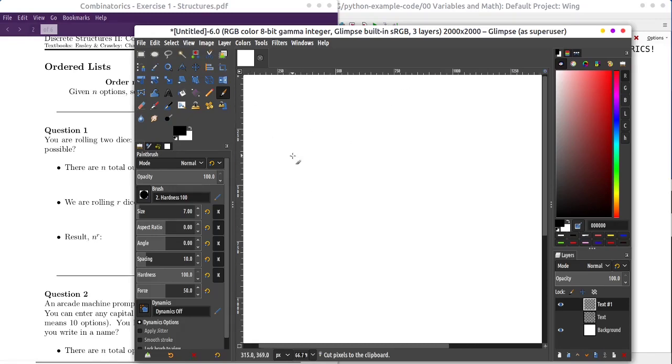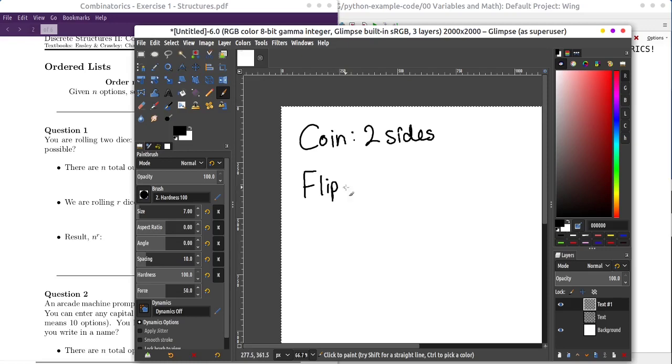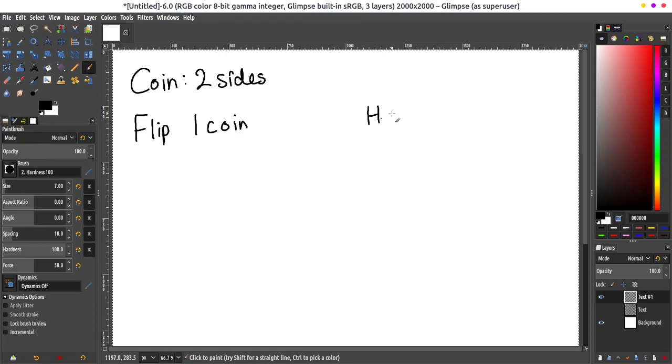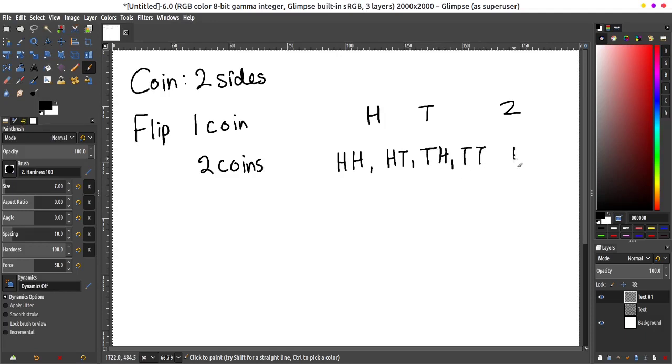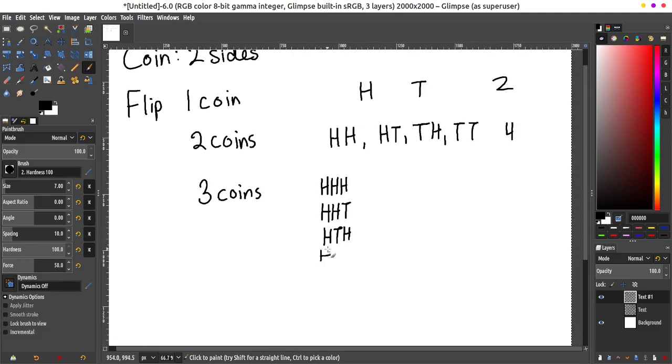If we have a coin, well, a coin has 2 sides. And if we flip 1 coin, how many results are there? We have heads or tails. We have 2 results. 2 coins, we have heads heads, heads tails, tails heads, and tails tails. So we have 4 results. 3 coins, we're going to have heads heads heads, heads heads tails, heads tails heads, heads tails tails, tails heads